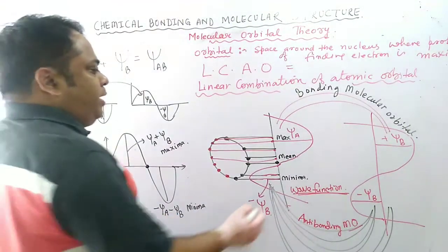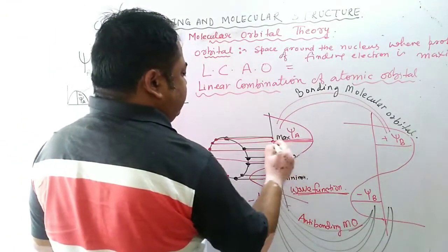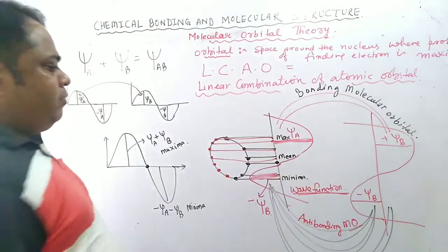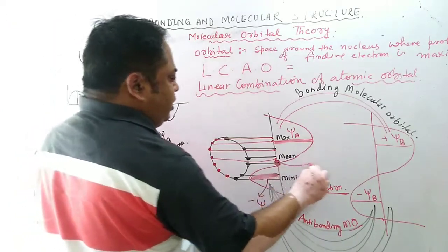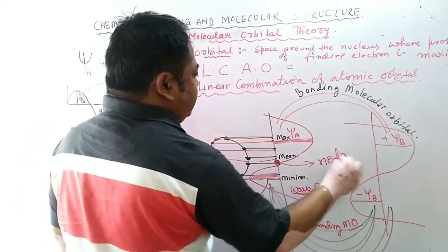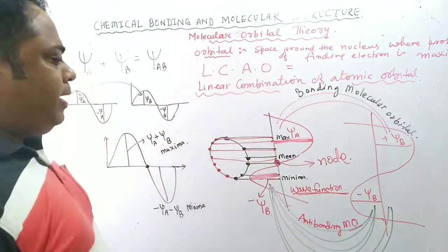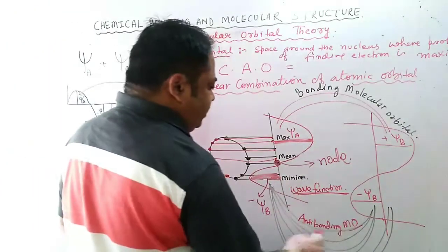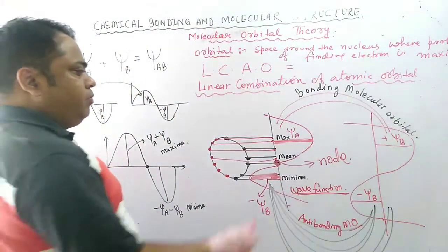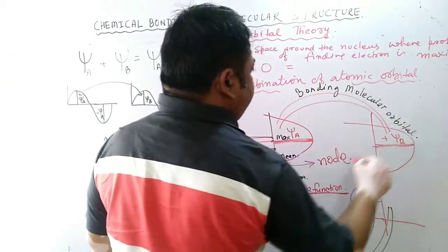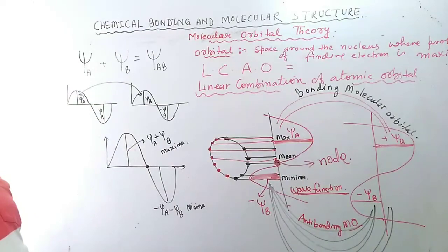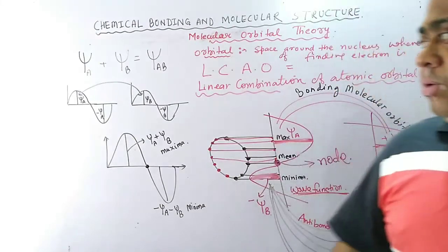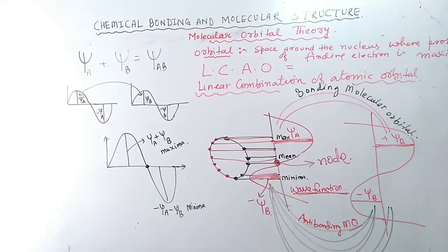So this maxima is shown by this amplitude, and where there is a maxima there will be a minima, and between a maxima and minima there will be an average point called the mean. So this mean point shows the node, this shows bonding orbital, this shows anti-bonding orbital. So anti-bonding orbitals combine to form anti-bonding molecular orbital, and the same phase atomic orbitals combine to form bonding molecular orbital. So this was the relation of wave theory along with the molecular orbital theory, how the bonding and anti-bonding molecular orbitals take place.